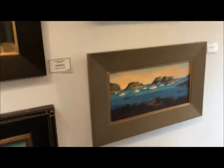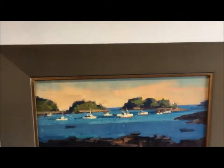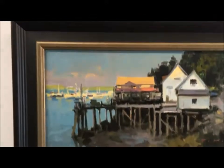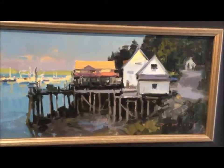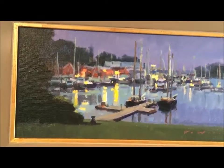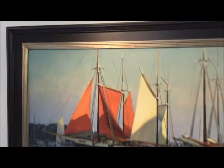Have to give the guys equal rights. Three small horizontals. These are 8x16s. Glorious evening light. Yes, indeed. There's that evening twilight again, entitled The Magic of Stonington. Very favorite one here, Camden Summer. Camden Harbor Summer Night. These are some of the last pieces of Ken's here where he's